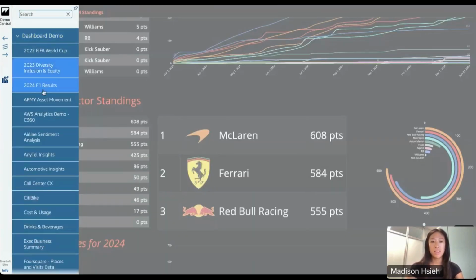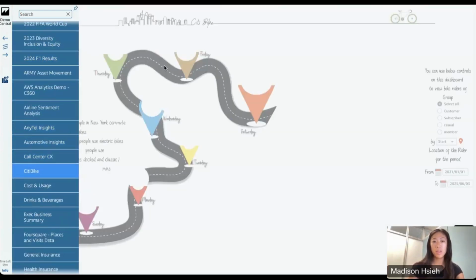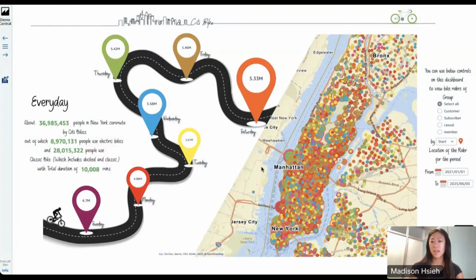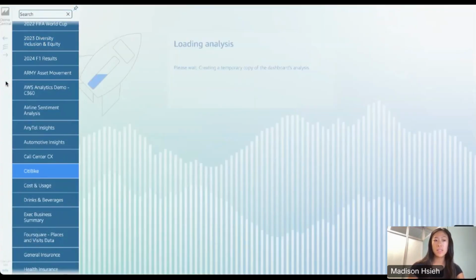And then there's this other really cool one about city bikes that I'll show you quickly. And all of these are built, again, in QuickSight. So you can see here, this is city bike data in New York City. And you are able to explore how all of these were built through this analysis feature. So if I was to click this,